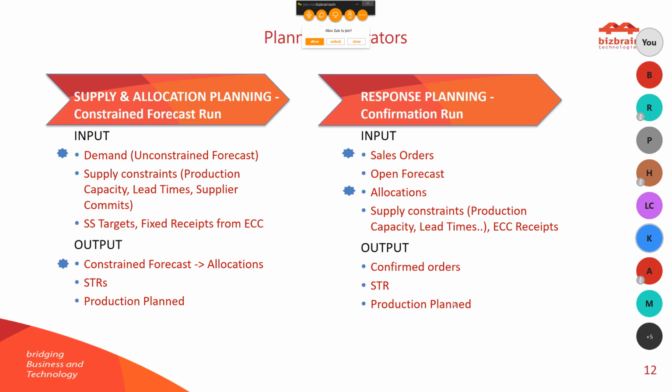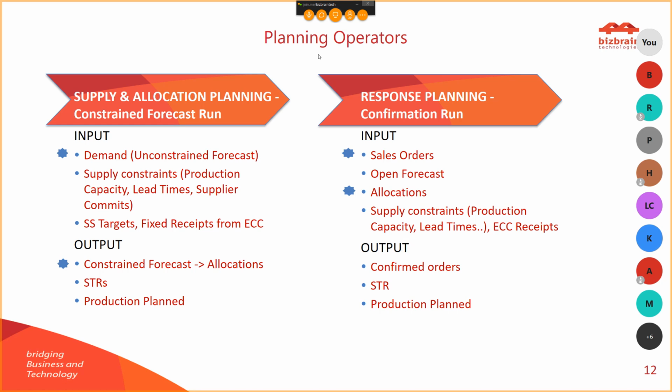Sorry to interrupt, we need to run these two operators sequentially, consecutively, right? Yes, you are perfectly right. This was the statement I was about to make after this slide, that these two operators should be operated sequentially, one after the other. Once you execute this operator, allocation planning, you can review the results and you may try to adjust allocations manually, because you have some intelligence with you that these allocations generated are not good enough. You can adjust the allocations, and once you are good with the results of this run,